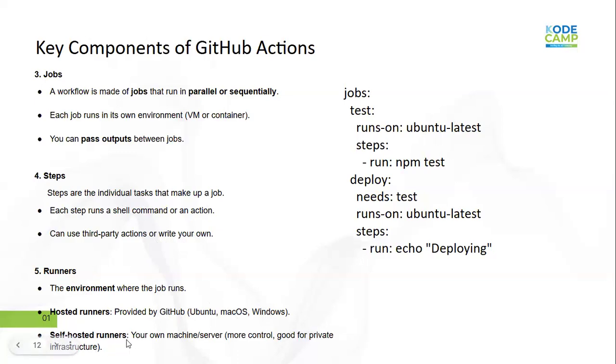You can also use self-hosted runners, where you install the GitHub runner on your machine and then run it. But with this one, you need to be very careful as well, because there are still some extra configurations that you need to do, though it's not as complicated as Jenkins. So yeah.